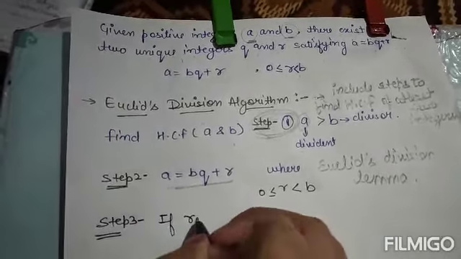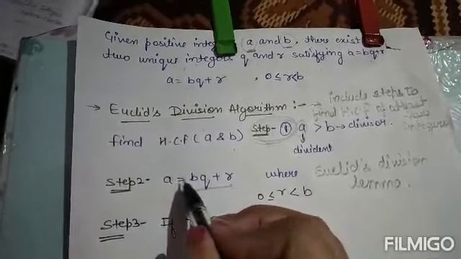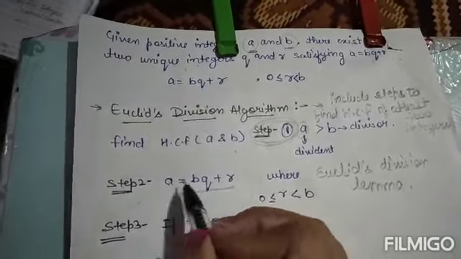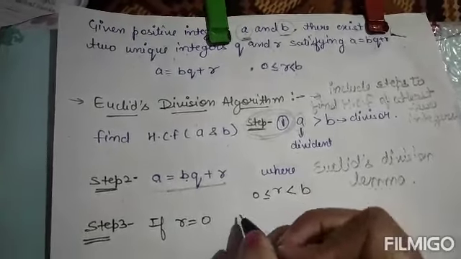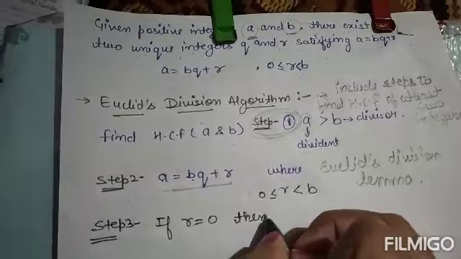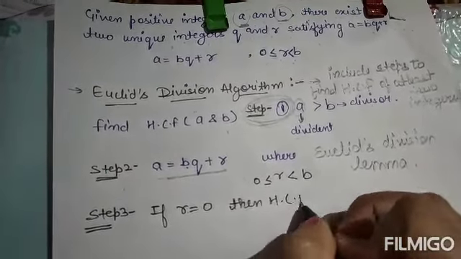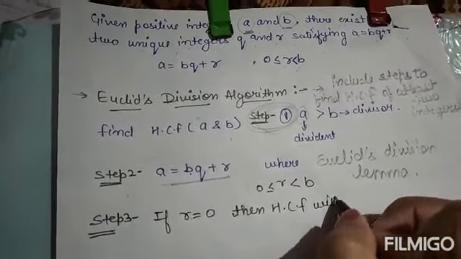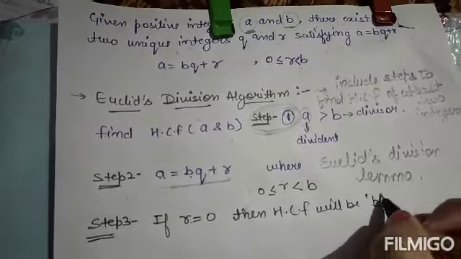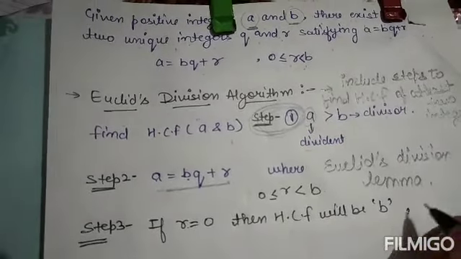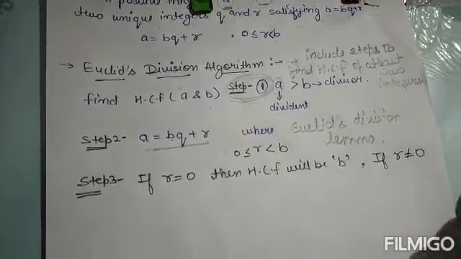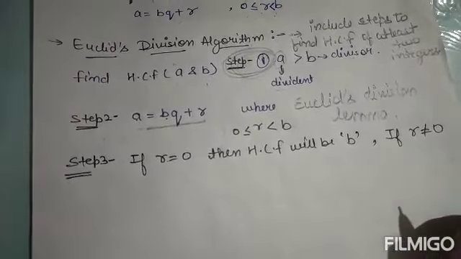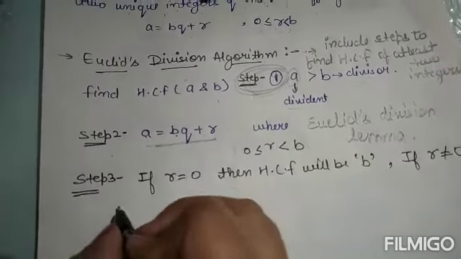If R comes 0, when we divide A by B the remainder comes 0, then ultimately the HCF will be B itself. And if R is not equal to 0, if somehow R doesn't come 0, then